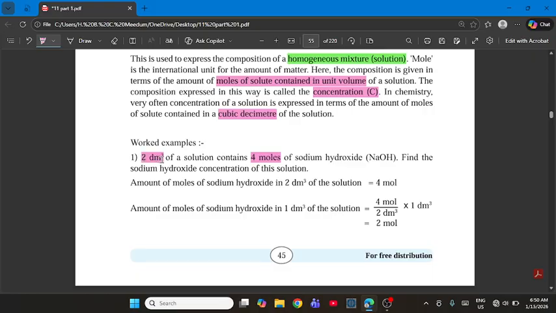You have to divide this 4 by this 2. So find the sodium hydroxide concentration. You also have to find out the units. The amount of moles of sodium hydroxide in 2 cubic decimeter of the solution is 4. So you have to find the amount of moles of sodium hydroxide in 1 cubic decimeter of solution. That is the concentration. So you have to divide this 4 mole by 2